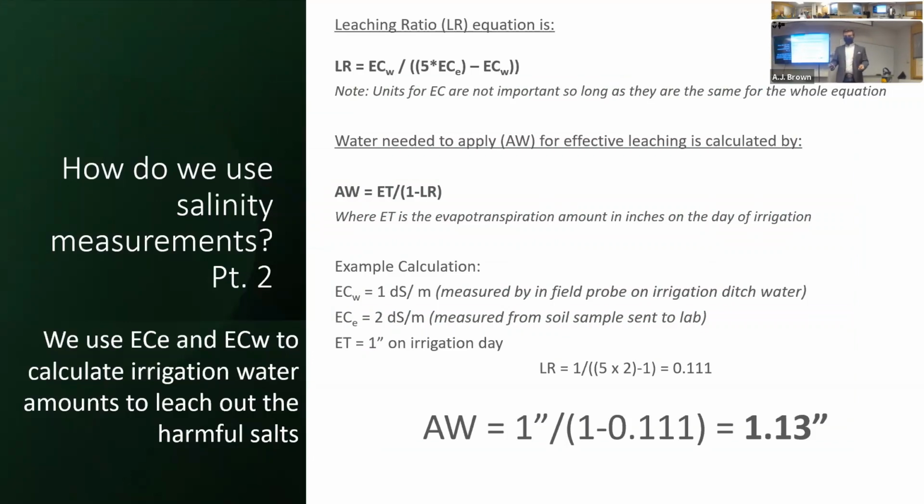And the other way to understand, like I said, if you understand the crop salt tolerance, you can make a decision as to whether I should change crops if that's more economical, or maybe I should try to fix the soil. So part 2 of this discussion is, if I were to take the second route of fixing the soil, what would I do? There's some equations here, but understand in principle,